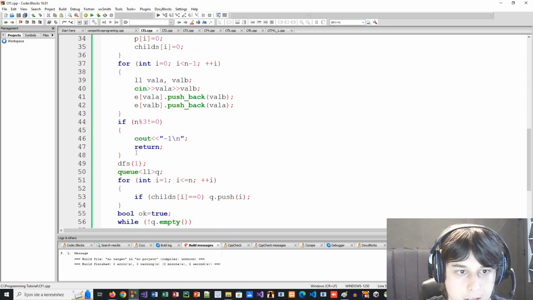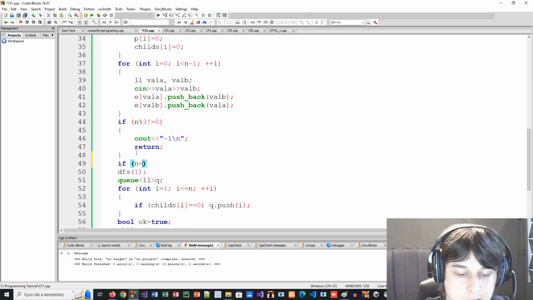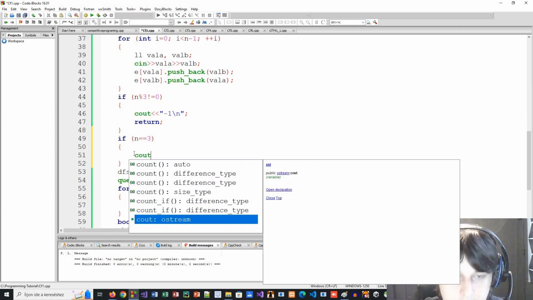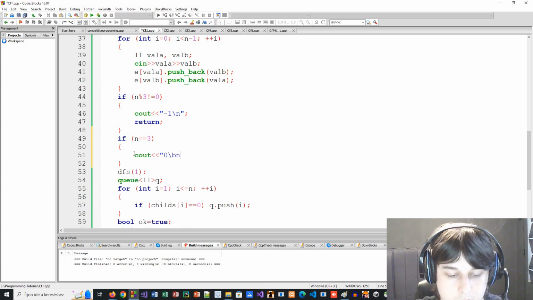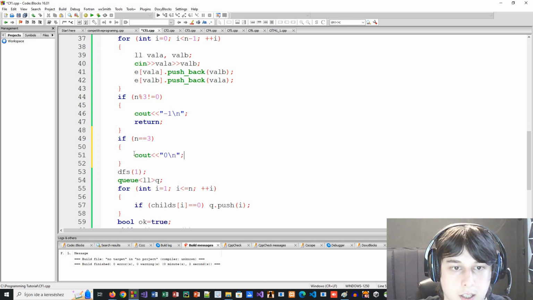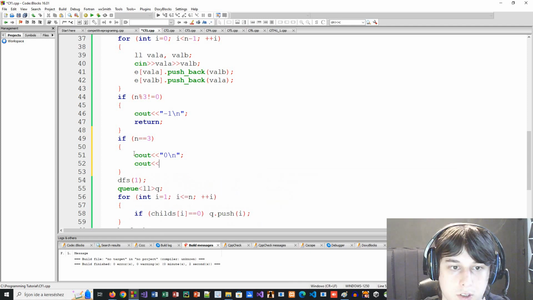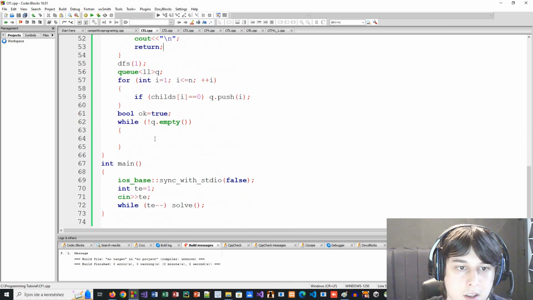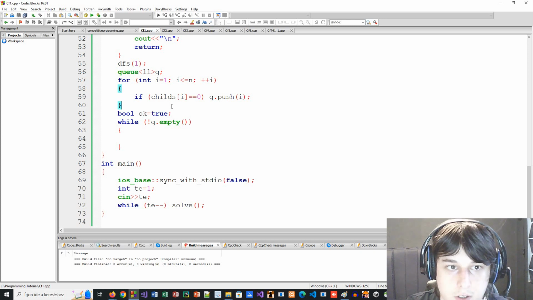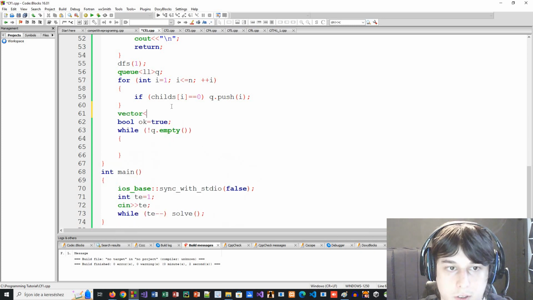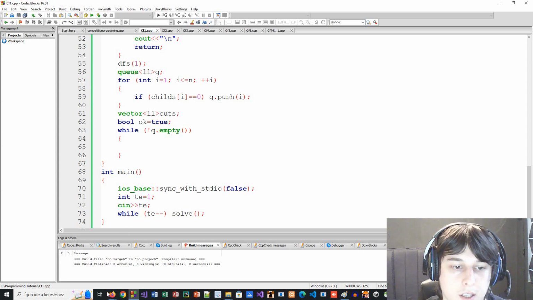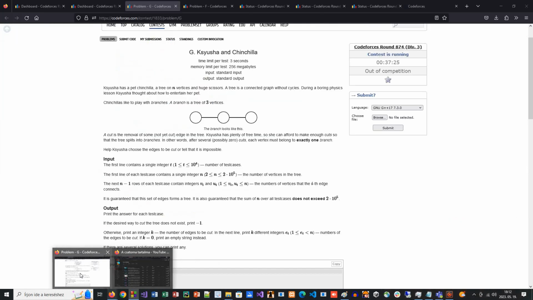Of course, if n is 3, then we don't need to cut anything. Then we will output 0 in the new line, and we don't need to output anything for the next line, so we put the new line again. We will return, otherwise we will need cuts. So we will also have a vector of cuts, and we need to cut the